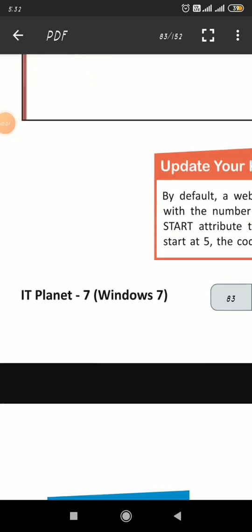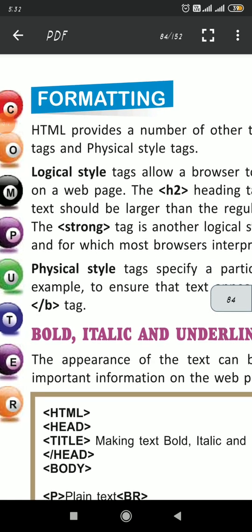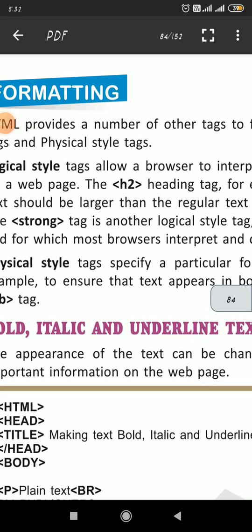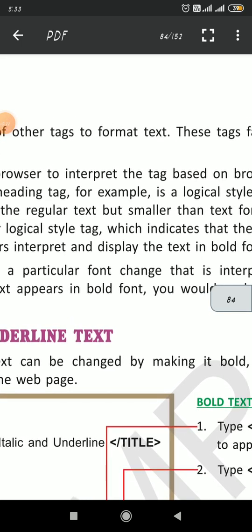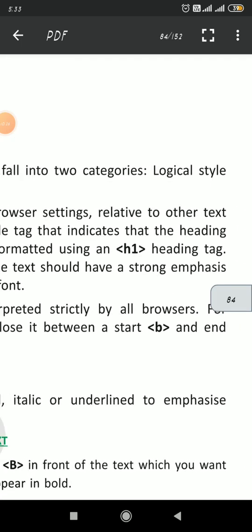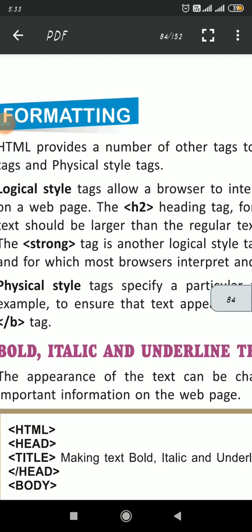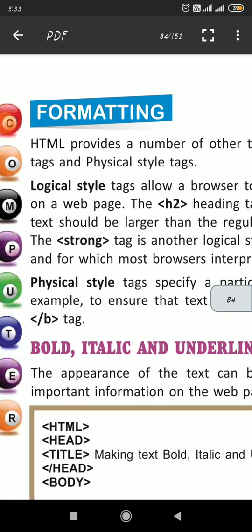Now, as I have told you in the earlier class, we will start with the new topic, formatting. HTML provides a number of other tags to format text. These tags fall into two categories: logical style tags and physical style tags.